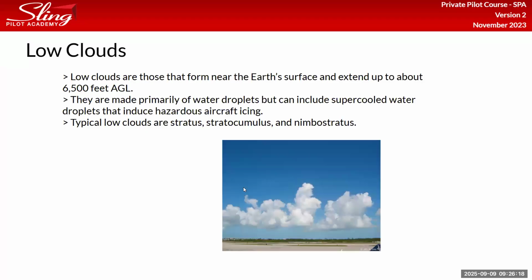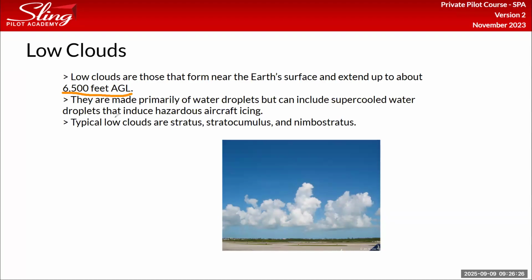All right, low clouds. They have the altitude here for you: near the Earth's surface up to 6,500 feet AGL. Primarily made of water droplets, but it can also include supercooled water droplets. We're going to get into icing, I think, at the end of the slides today, but supercooled water droplets are what creates aircraft icing. Because as we fly the airplane through